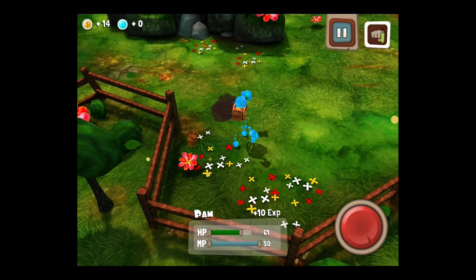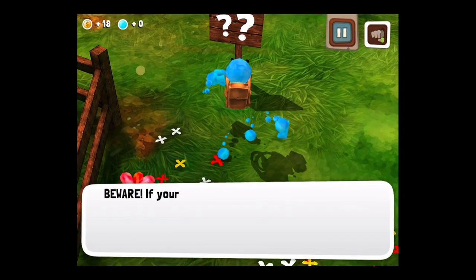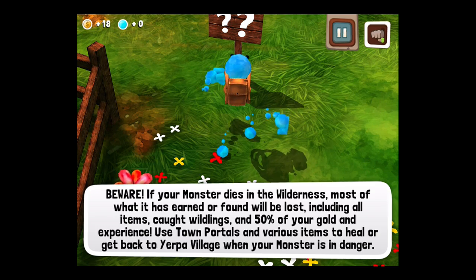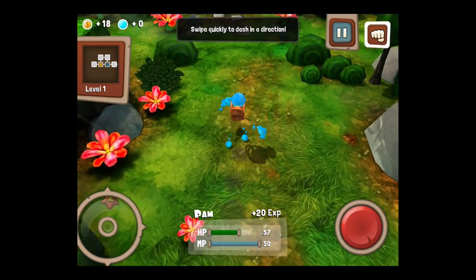So that's what you're doing right now. As soon as you beat everyone up, it should show you your little mini map and where else you can go. Okay. And then this is just explaining there's kind of a roguelike element in this,